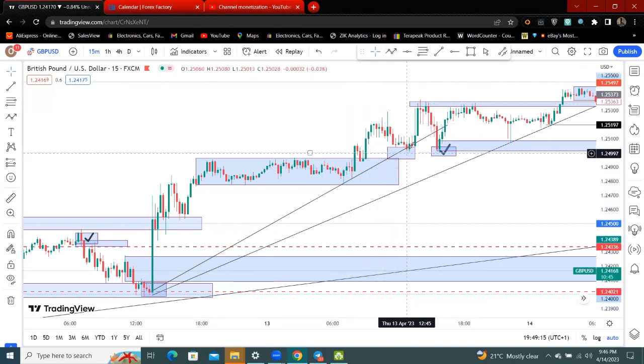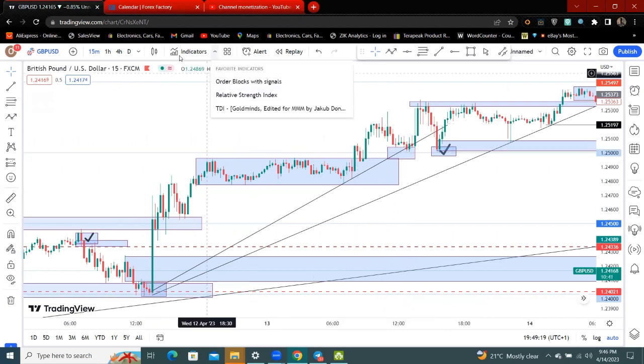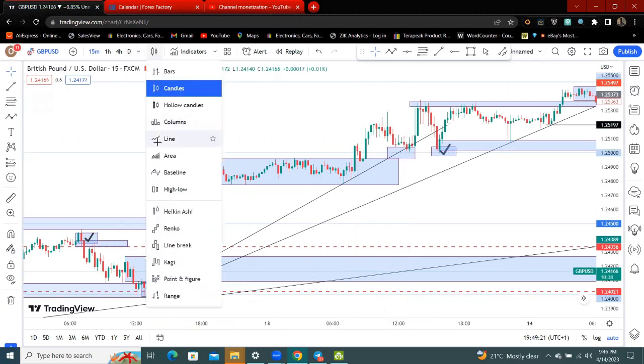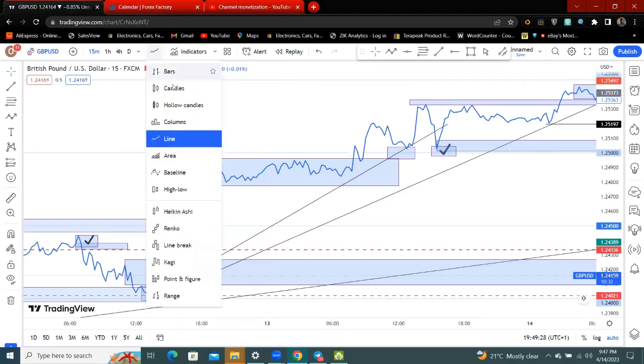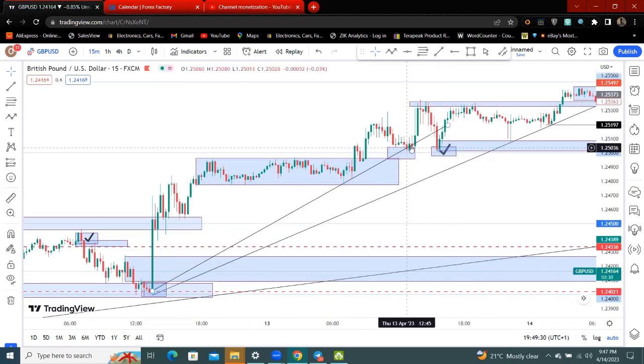So what happens? News comes in, we have seen an engulfing. If you use a line chart, let's say a line chart, we can get a W pattern. Now there's a W pattern using the line chart. Yeah, line chart is always perfect. So the market creates an engulfing. This was supposed to be the entry, this candle. But of course, with the cost averaging system,